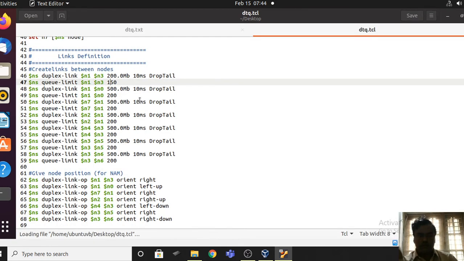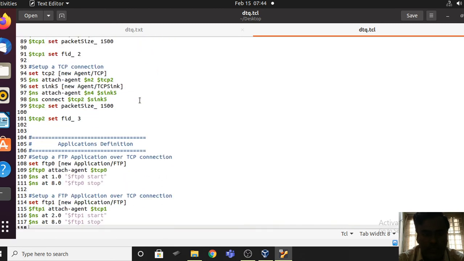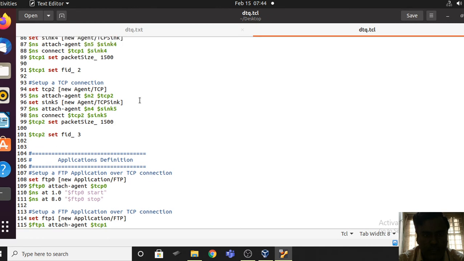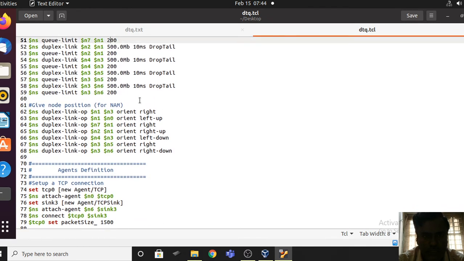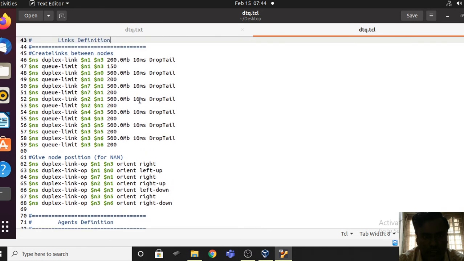You know what values you are changing? That is the common link capacity and queue size you are changing. What is your common link? That is N1 to N3. N1 to N3, where is it? Yeah.